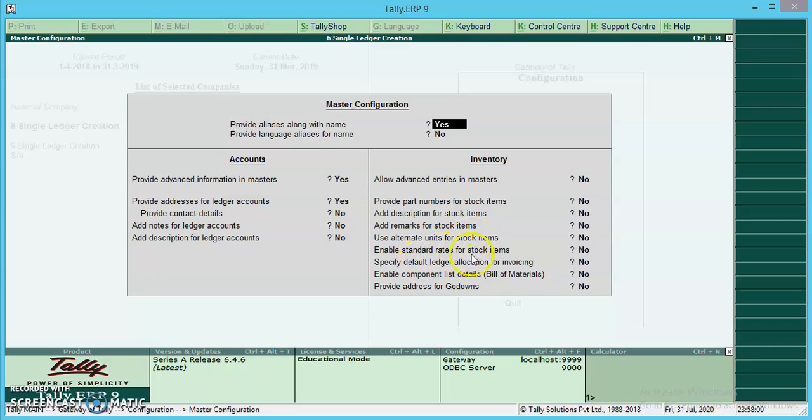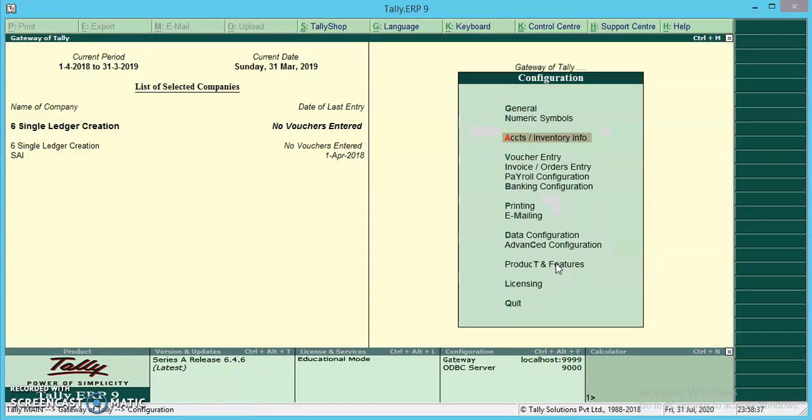Allow standard rates for stock items. Specifying default ledger allocation for invoicing. Enable component list details. Provide addresses for godown. So these modifications can be done for inventory under master configuration. Generally, we will not be touching this also. Press escape and go back.